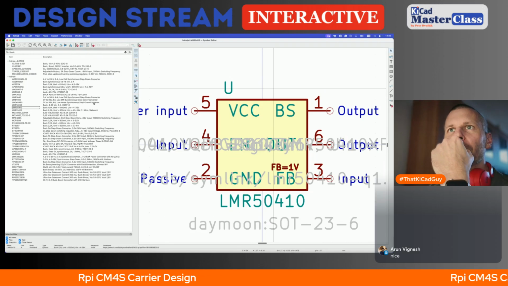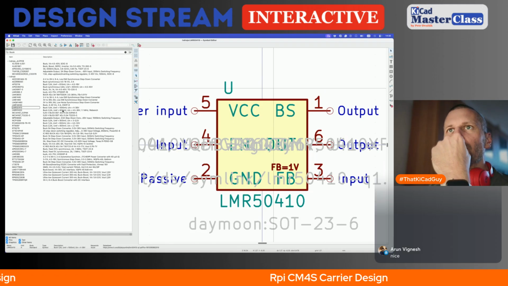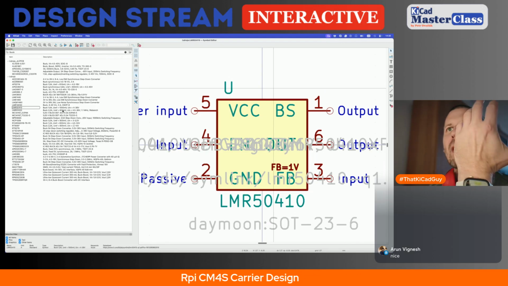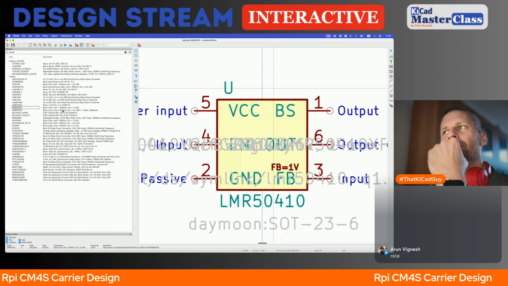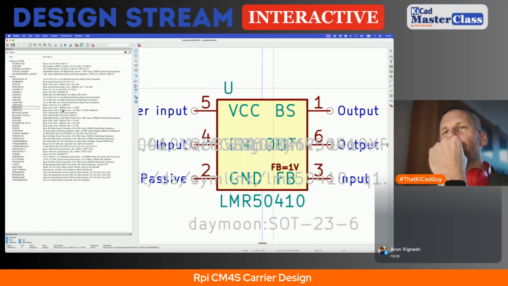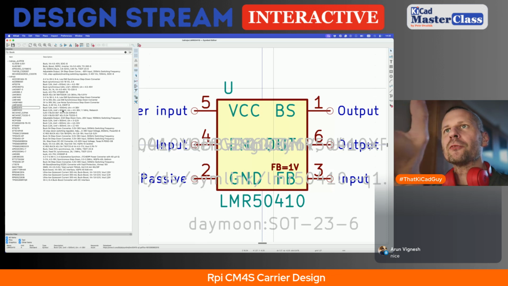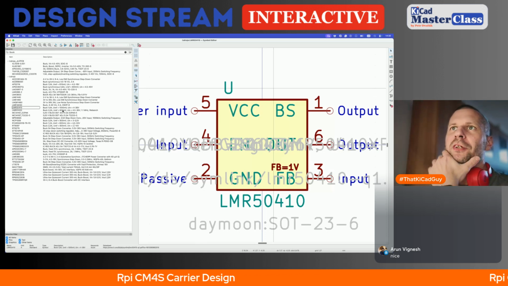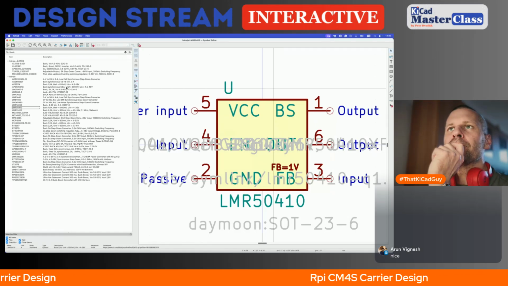This is from 4 to 36. We need a powerful buck because it will be the buck that converts the output voltage of the USB power delivery thing to 5 volts, and then